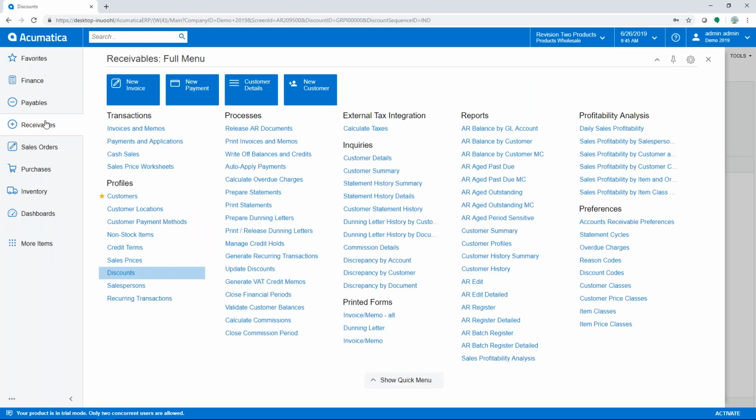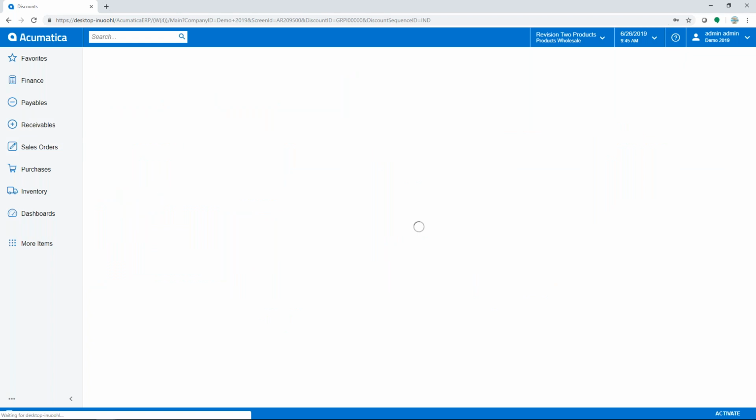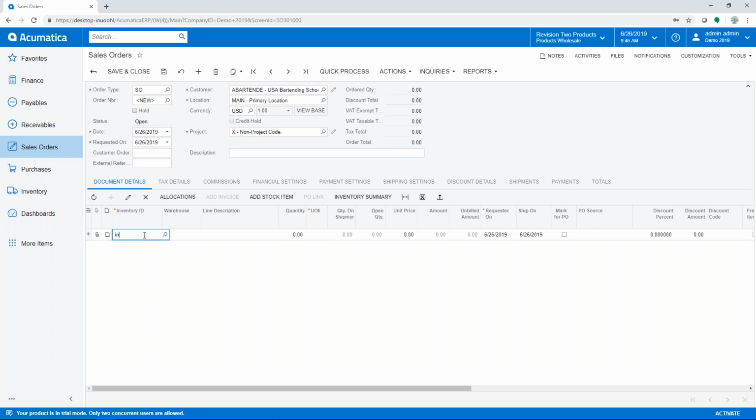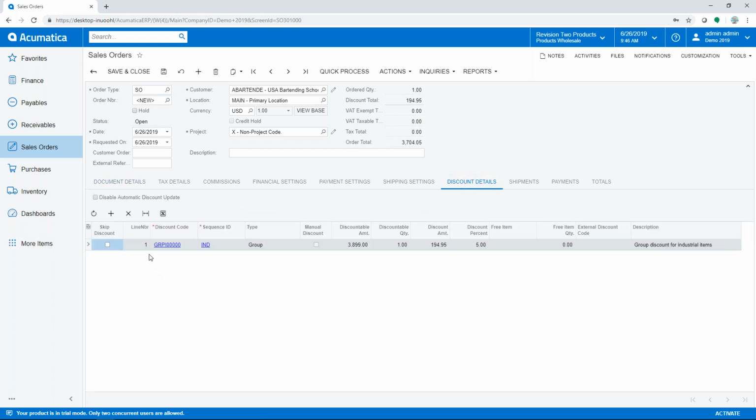Okay, so let's see how that works in a sales order. Just going to, again, create a new sales order. So I'm going to add one of our industrial items and a quantity of 1. And if I flip over to this discount details tab, we're going to see that we have our GRPI discount and we have a quantity of 1 and we're showing a 5% discount. So if I click back to the details